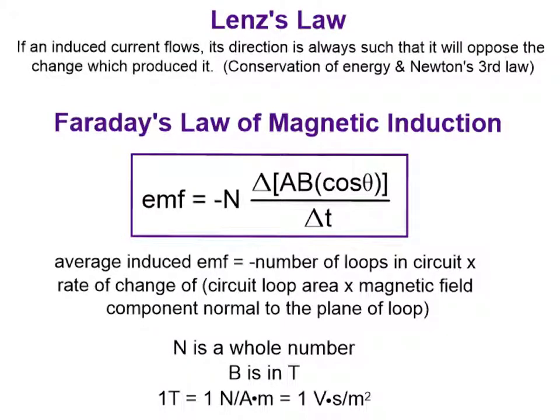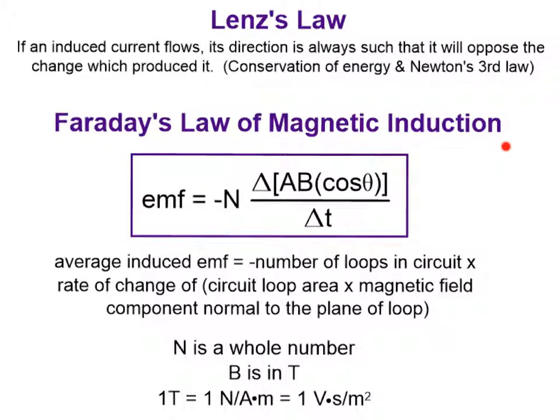So let's take a very quick look at what Lenz's law states, and I'm telling you this more than anything to simply explain why there is a negative sign on Faraday's law down here below. But Lenz's law states that if an induced current flows, the direction of that induced current is always in such a direction that it opposes the change which produced it. It's sort of an application of Newton's third law and the conservation of energy,